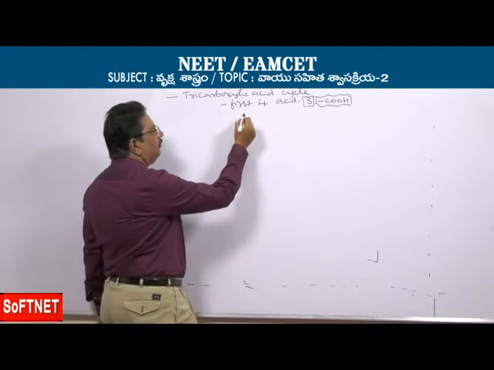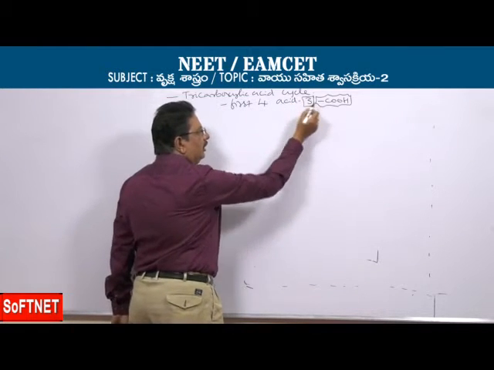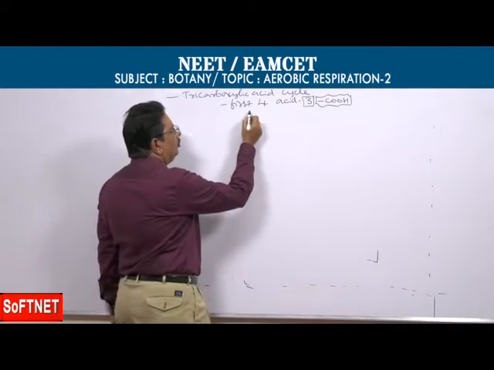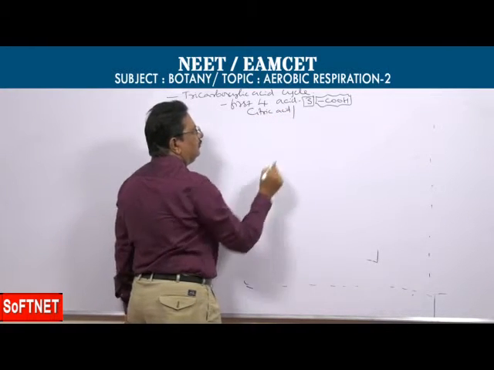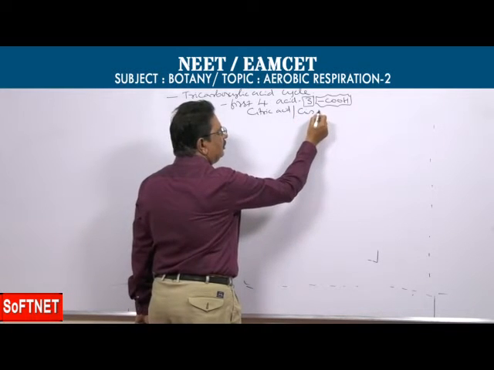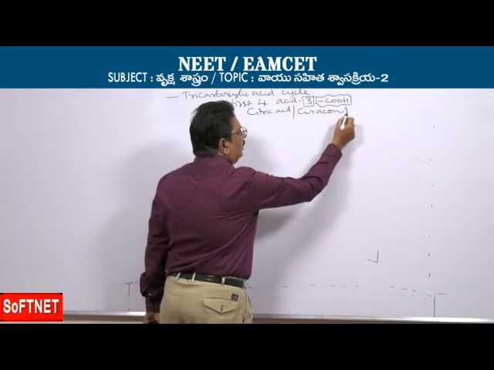Those carbon compounds with 3 carboxylic groups: one is called citric acid and another one is called cis-aconitic acid